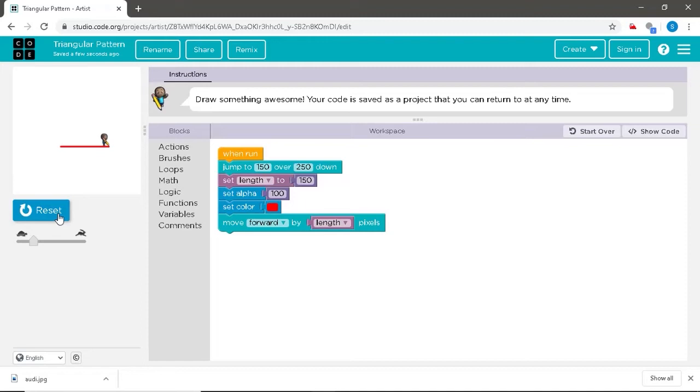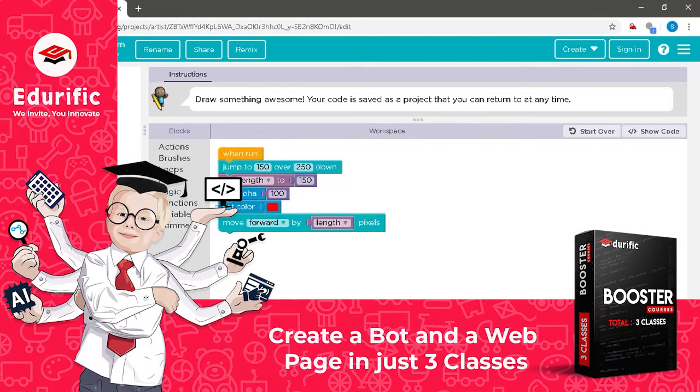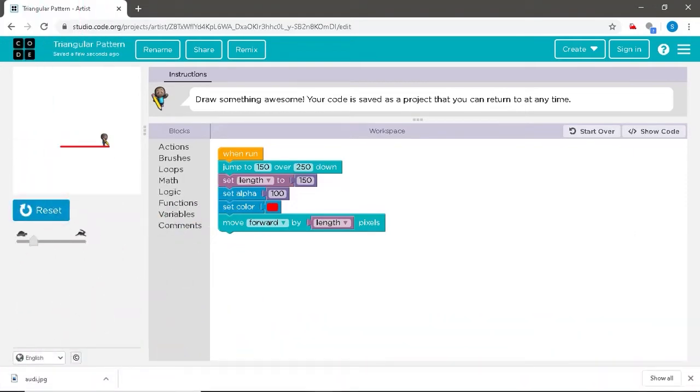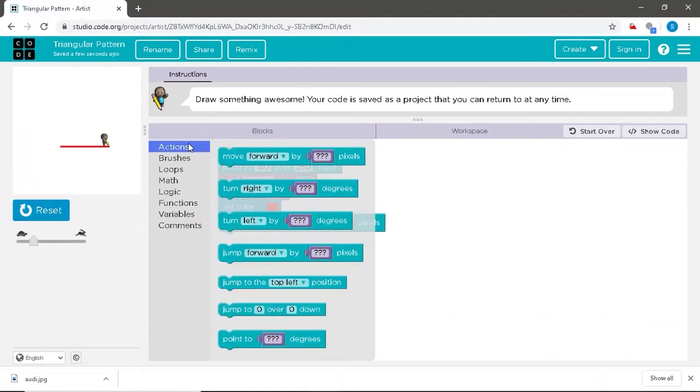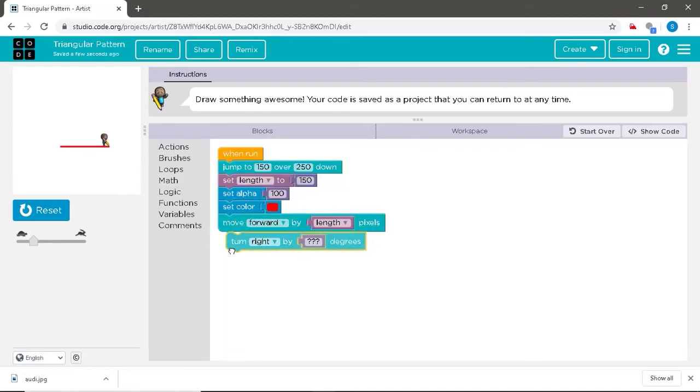Now for drawing the second line of our triangle, we have to first make the artist turn by a small amount. How do we do that? We go to the actions category, drag the turn command. As you can see, our next line should be made upwards at an angle. Now for that we have to turn the artist towards the left,